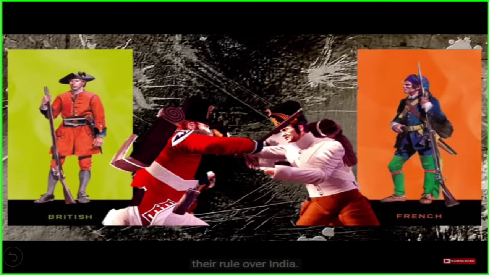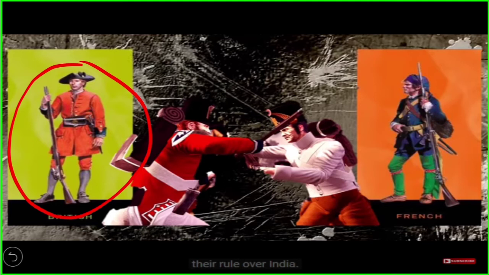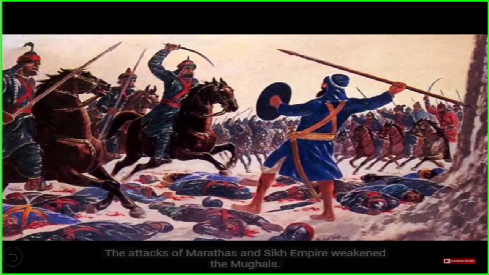And then the French and the Portuguese, their main motto was just to trade with India. But the Britishers not only wanted to drain Indian resources, they wanted to establish their rule over India. They wanted their dominance over Indians. And then, as the Mughals were rising to power with the help of the Britishers,